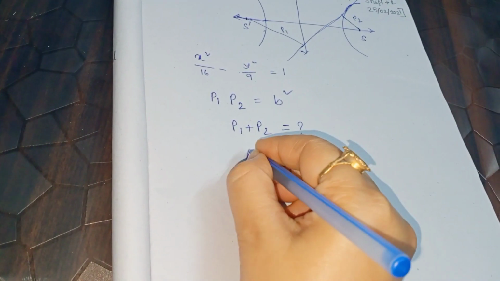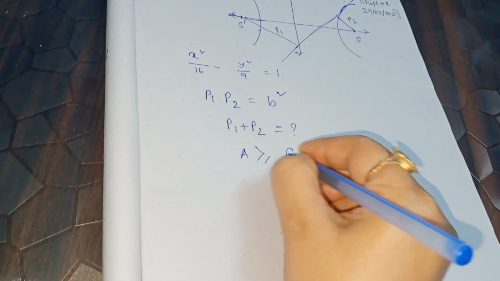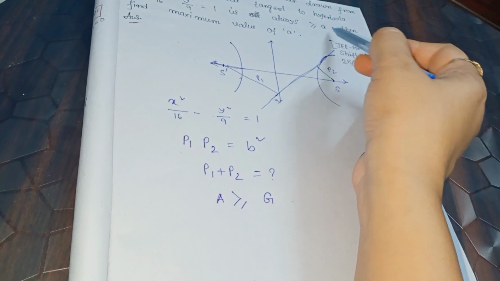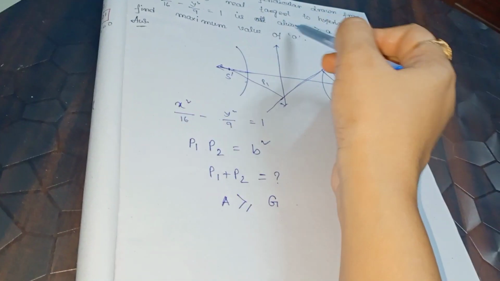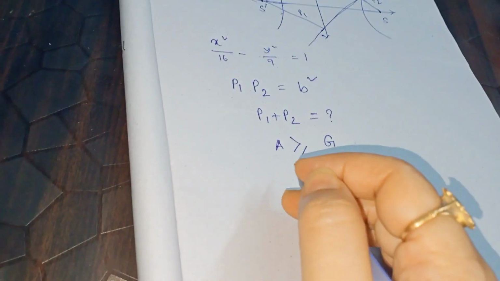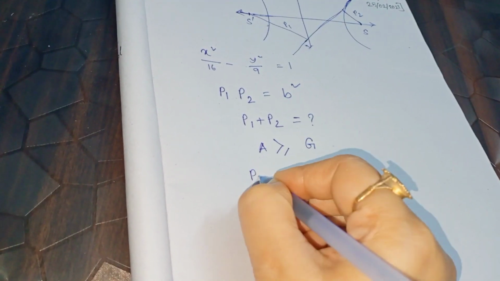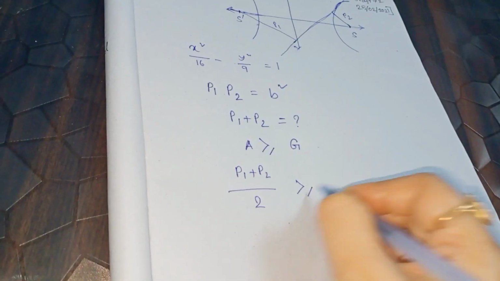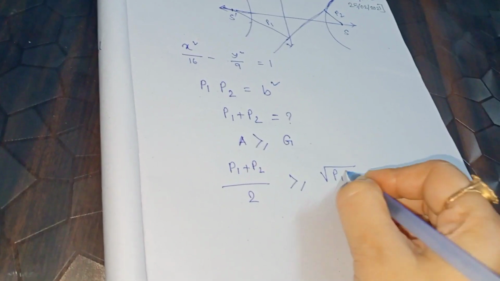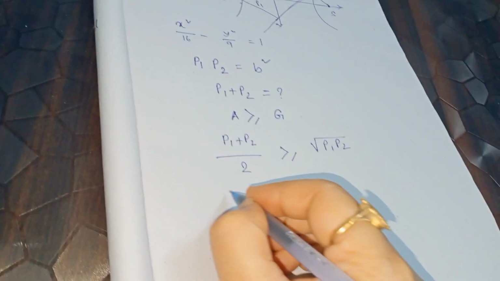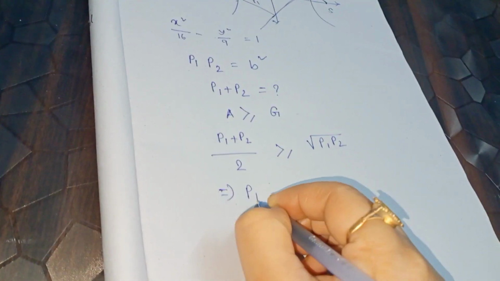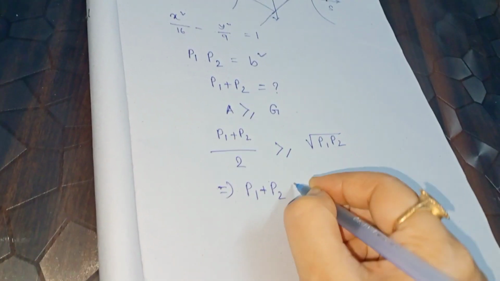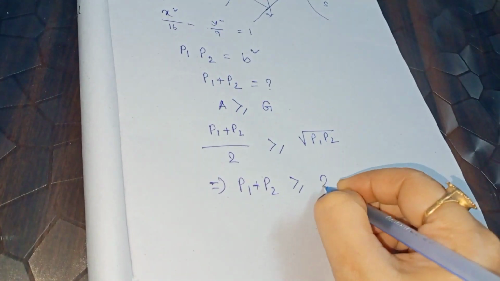So here A is greater or equal to G, because it is always greater or equal to A, as given. So A greater or equal to G. Therefore P1 plus P2 by 2 is greater or equal to root over P1 P2. So that implies P1 plus P2 is greater or equal to 2